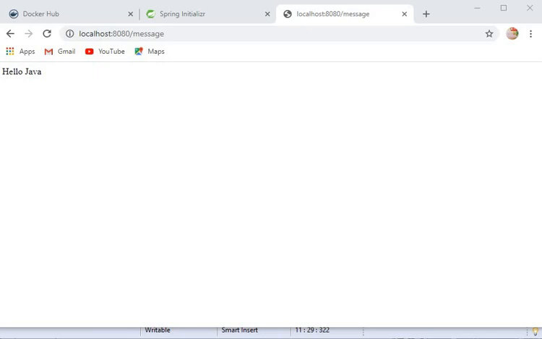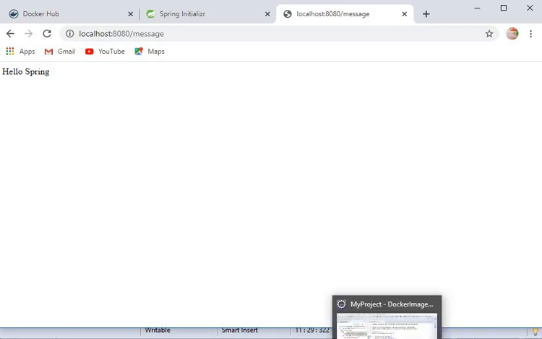So build the changes, and behind the scenes DevTools is reloading the application without restarting the JVM. So now I will call this endpoint again, and here you will see the change, hello spring. Without restarting the server, we can see the changes in Spring 2.3.0.